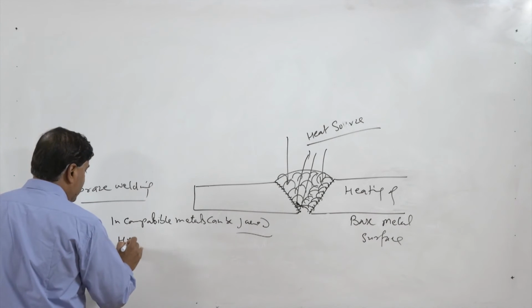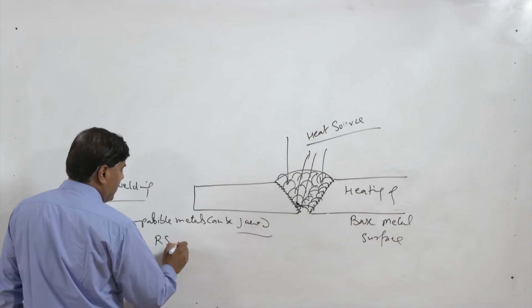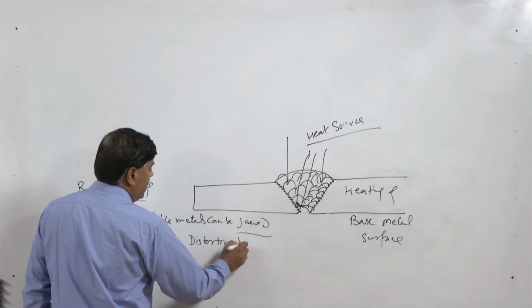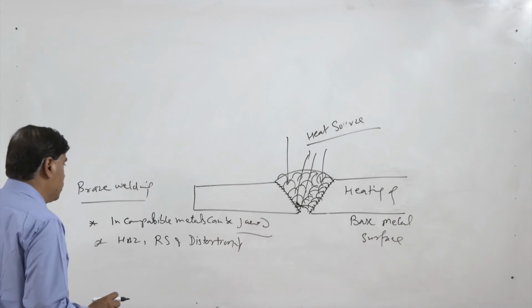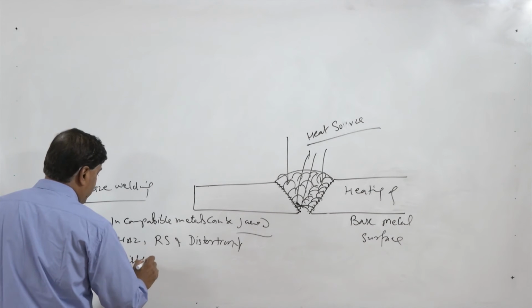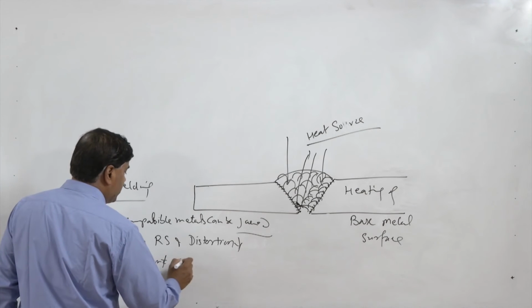So, the HAZ size, residual stresses and the distortion tendency are very less in case of brazing and soldering, and very different combinations